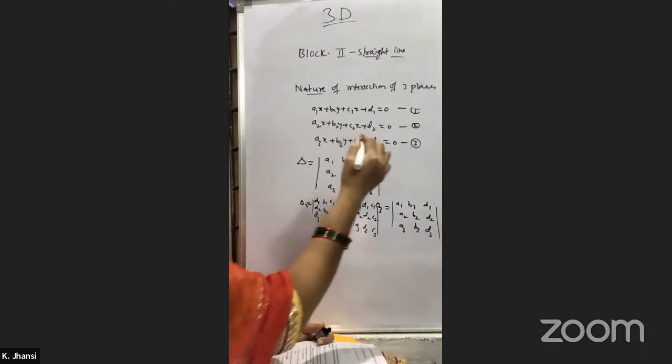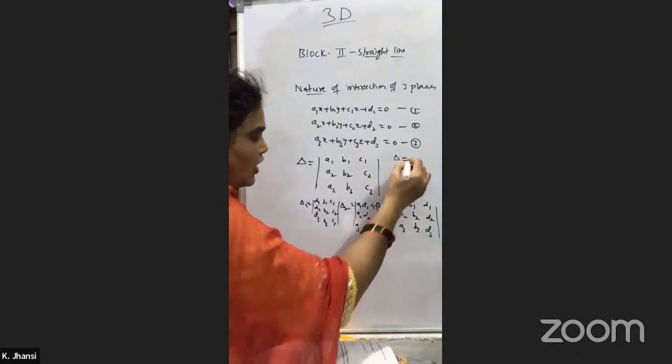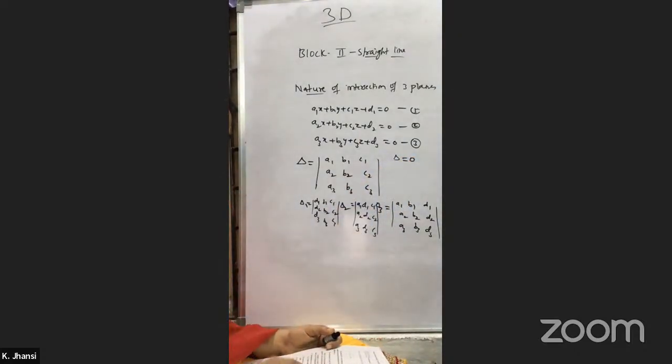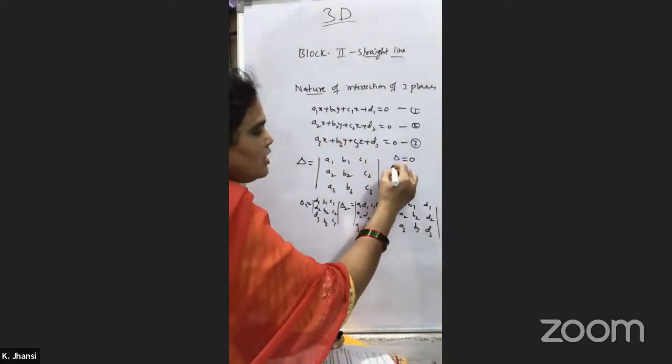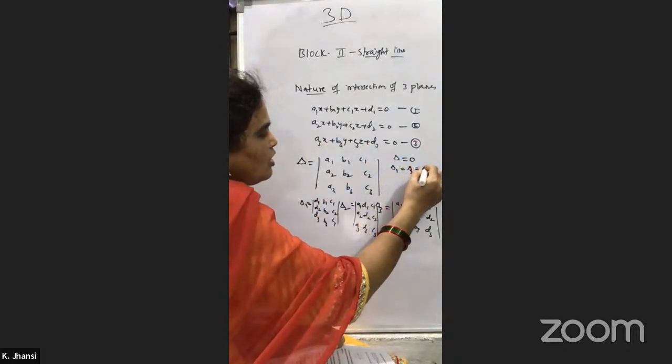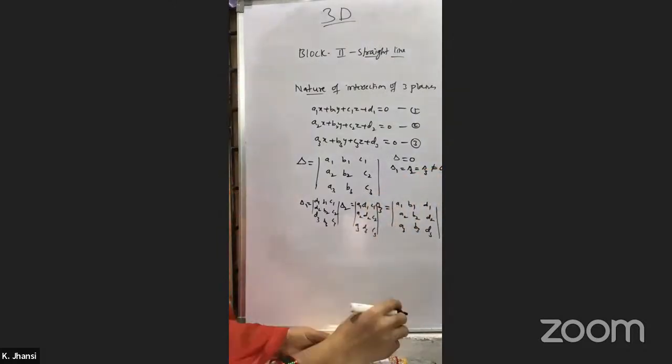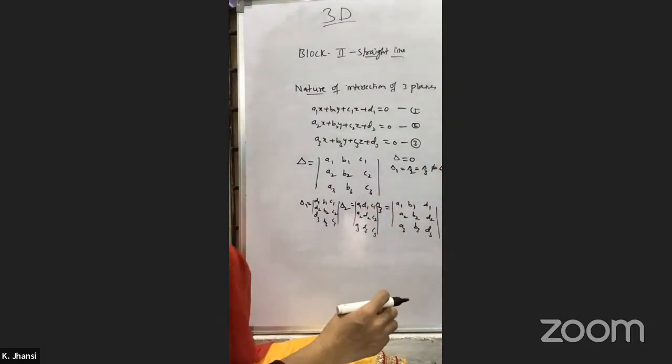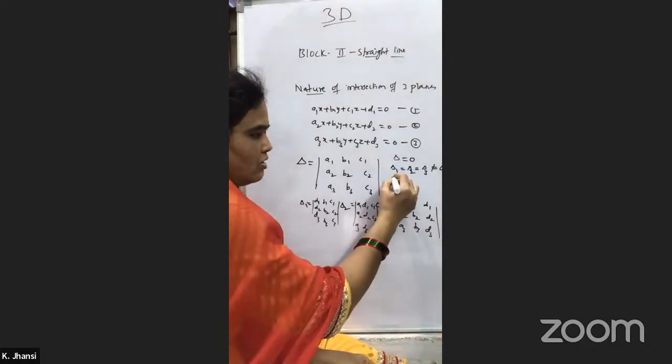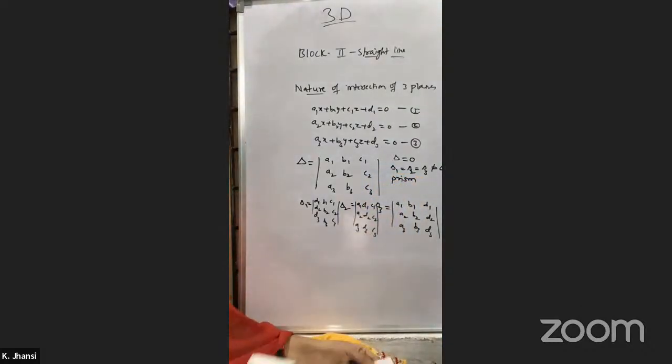So if delta is equal to 0, and delta 1, delta 2, delta 3 are not equal to 0, that is, you are getting some values not equal to 0, then a prism will be formed. So the first thing is delta should be equal to 0, and delta 1, delta 2, delta 3 values should not be equal to 0. Then the planes that are there, those